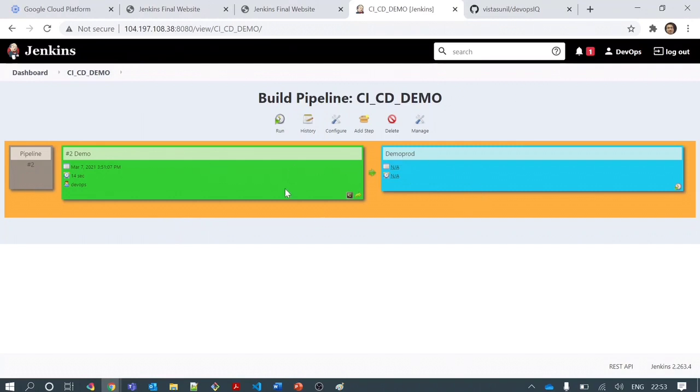This actually creates these colorful view columns, as you can see, based on the jobs you have, right? So this job is showing the build number 2. The first thing is showing the build number that I have executed here. So the latest build for demo job is build number 2. This job is interlinked with the demo prod job because success of this job will execute demo prod. That's where you see an arrow pointing to the demo production job, right?